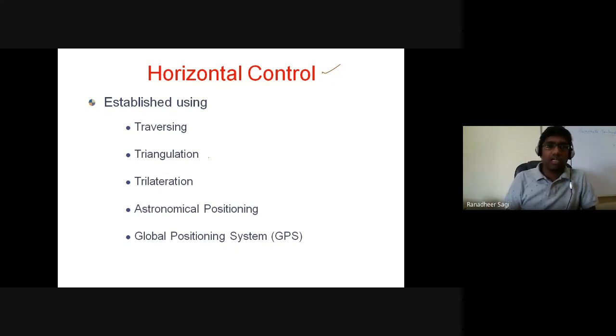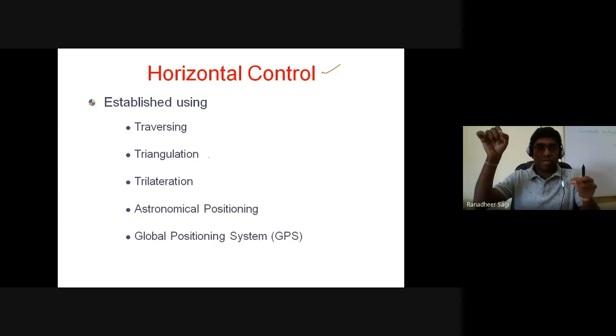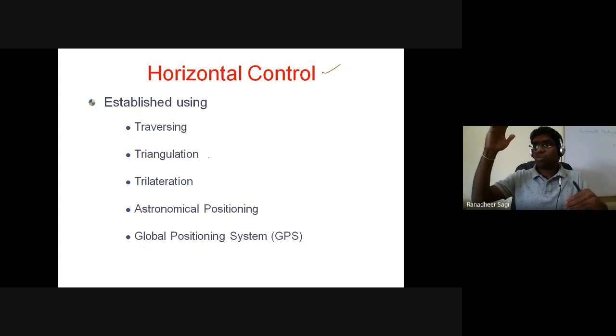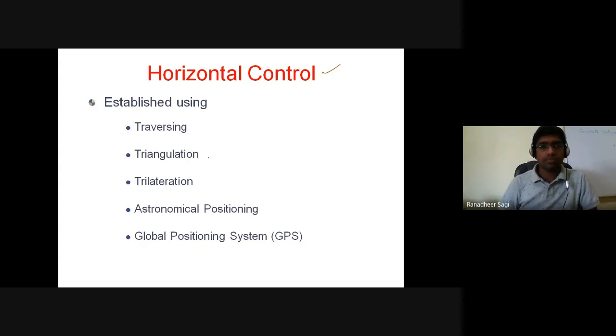buildings, what is the height of a tree, what is the relative change in position of those different points. All that information I can understand by knowing the variation in the vertical dimension. That's the Z coordinate. How is it varying from one point to the other? How do I get that? If I know your vertical angles, then I can identify how much the elevation difference is between different points. That's how you prepare what is called your vertical control.